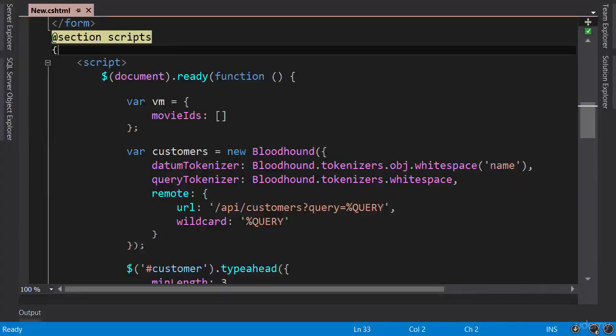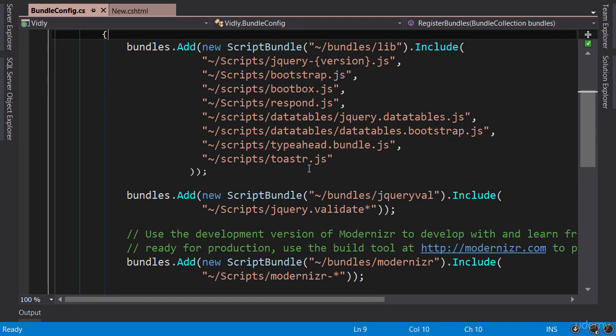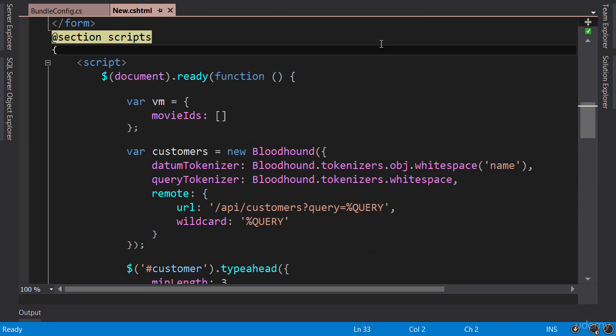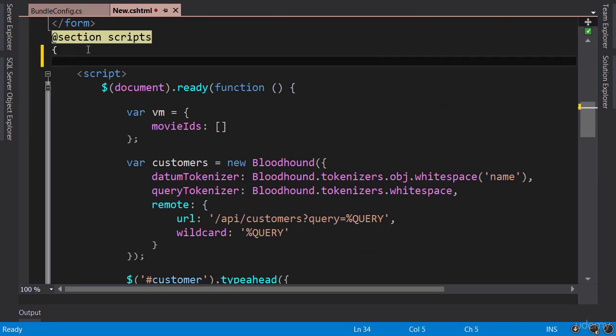Okay, to add custom validation here, there are a few steps we need to follow. First of all, just to refresh your memory, in bundle config, we have a separate bundle for jQuery validation. Now, potentially we can merge this bundle with our lib bundle if you're going to use this in a lot of different places. But for now, I would rather keep them separate and include jQuery validation only on pages where we need it. So back here in the script section, we add